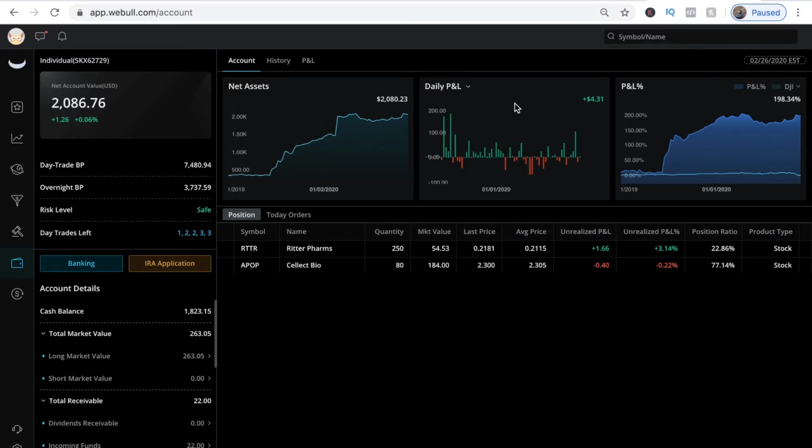So let's jump into the Webull option chain. So here we are on Webull. This is the web app platform. If you type in app.webull.com, you're going to come to this as long as you have an account, which again, link is down below